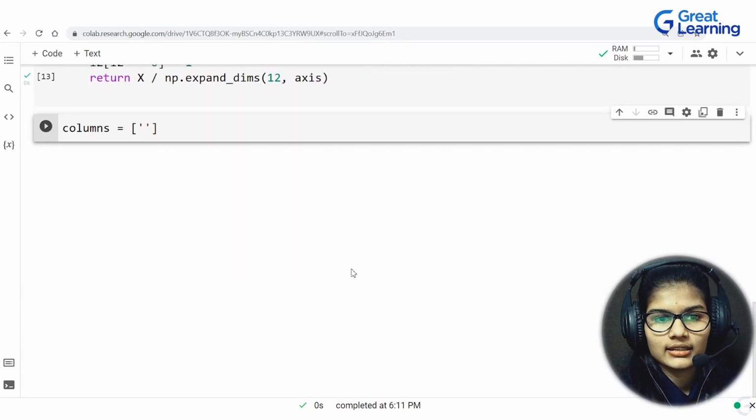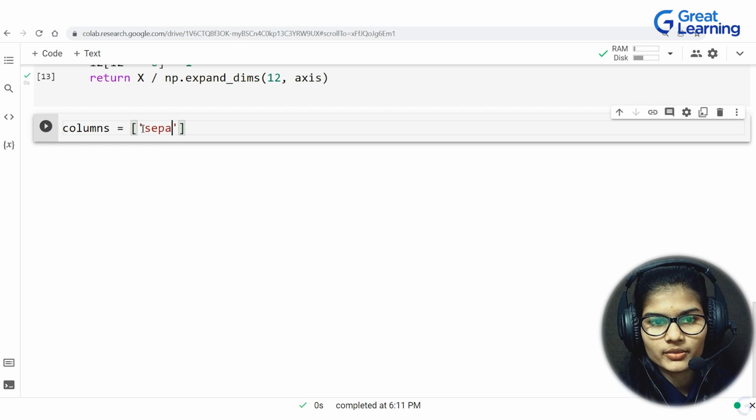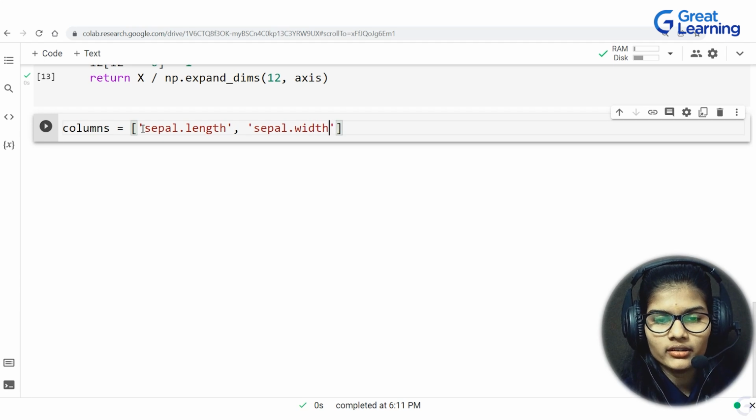Okay, like this first of all, and here goes my sepal.length, then a comma, then goes my sepal.width,